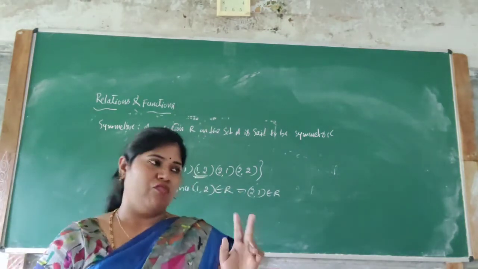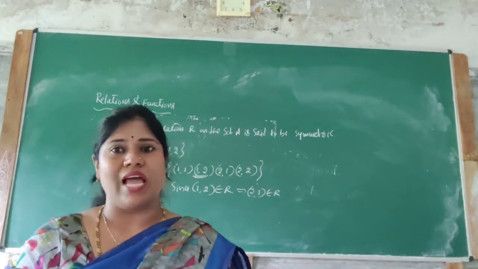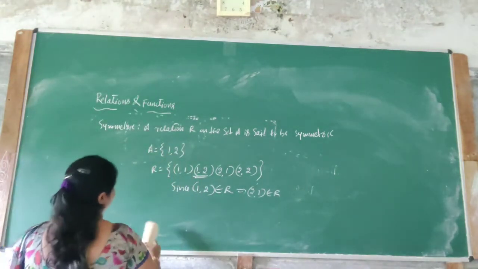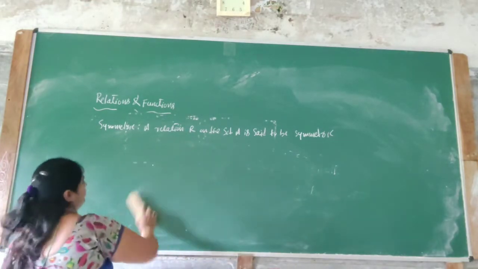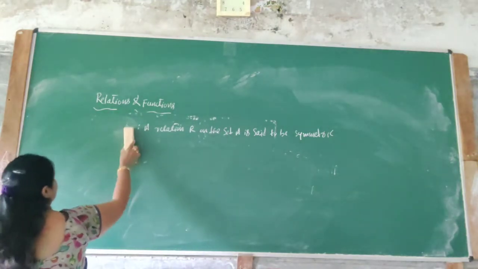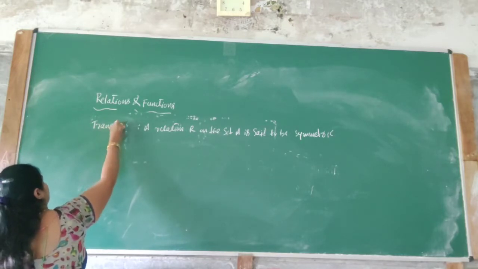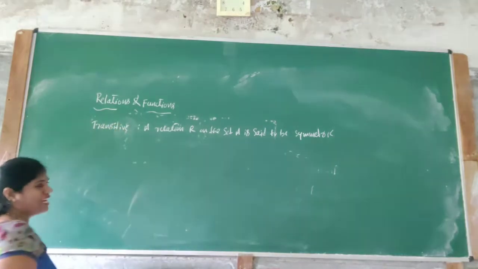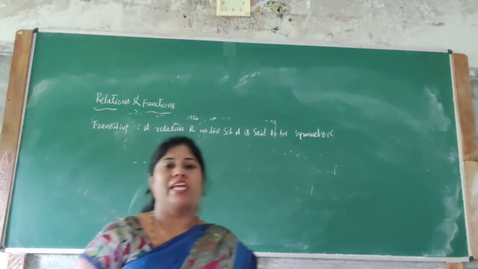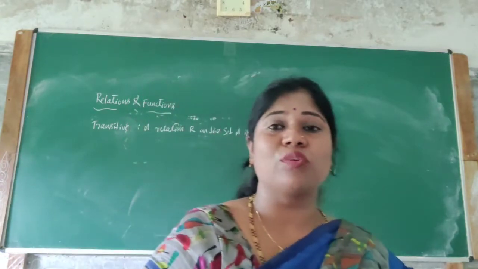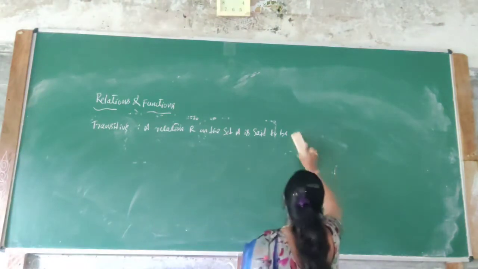You understood that? First we should know reflexive, then symmetric, then the next one is transitive relation. What is a transitive relation? We should know the definition first. A relation R on the set A is said to be transitive